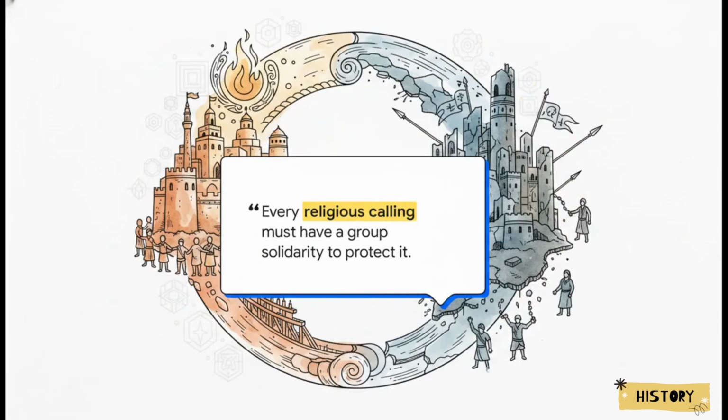This brings us to a brilliantly pragmatic observation by Ibn Khaldun. He wrote, "Every religious calling must have a group's solidarity to protect it." He's pointing out that a religious message or a prophecy doesn't just magically succeed in a vacuum. Even prophets need the muscle of Asabiyyah behind them. A religious community bound by faith alone, without that underlying tribal physical solidarity to actually defend it, is just going to be crushed by its enemies. You absolutely need both to rise to power.